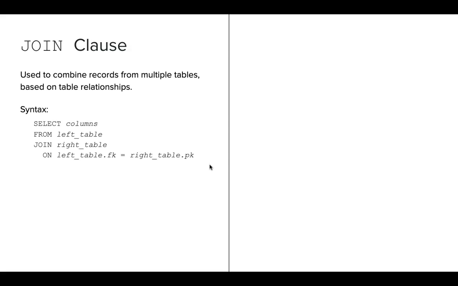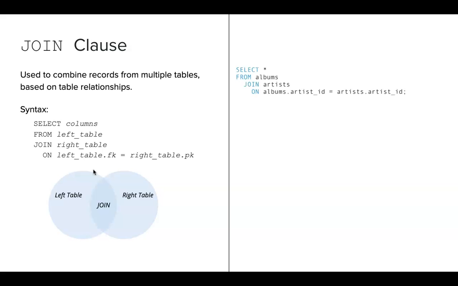So the syntax looks something like this. We call this joining tables together. SELECT is still the same. We're selecting columns. We usually join two tables at a time. So we're going to join one table and another table, and bring them together on whatever is common, and that's going to allow us to get a result from two tables. It looks something like this, and we'll practice here.